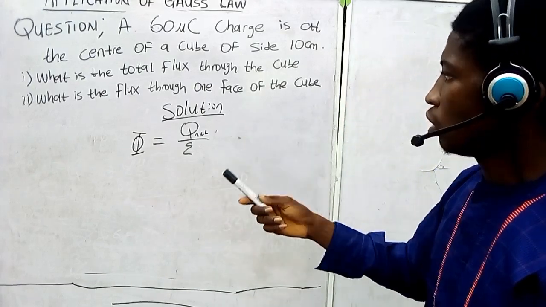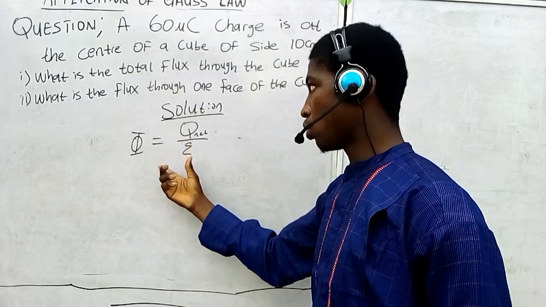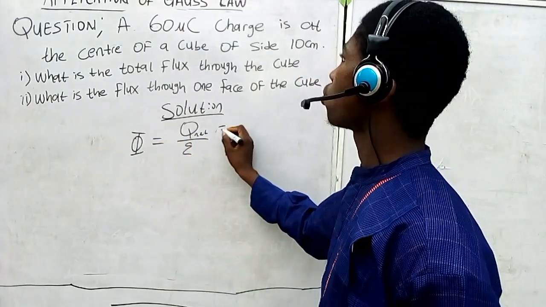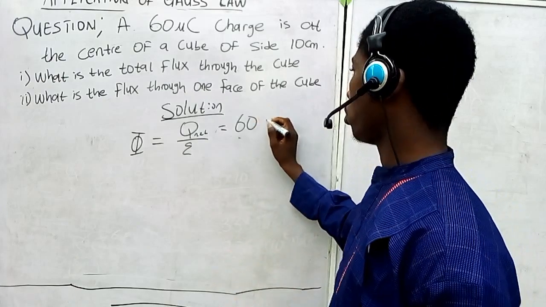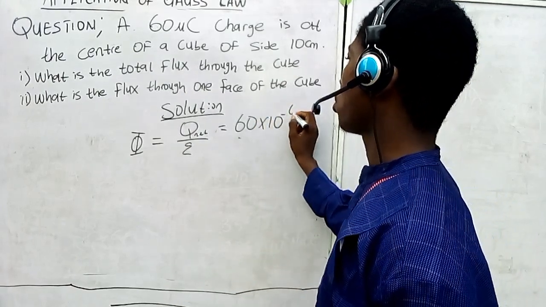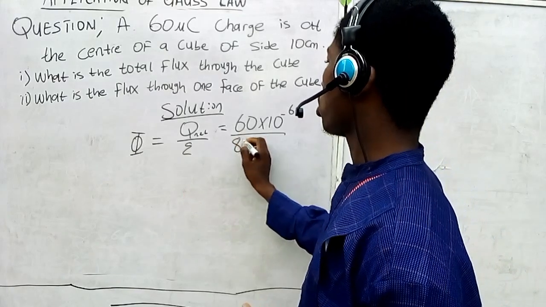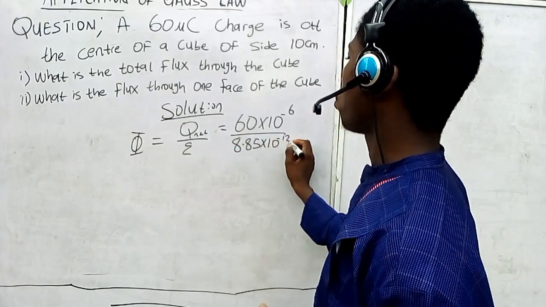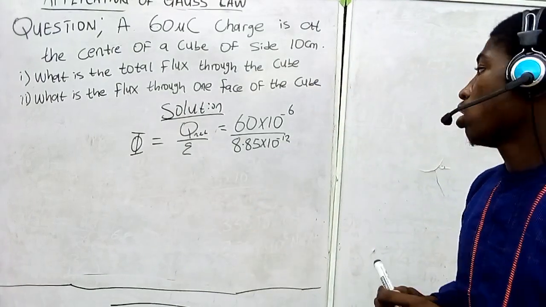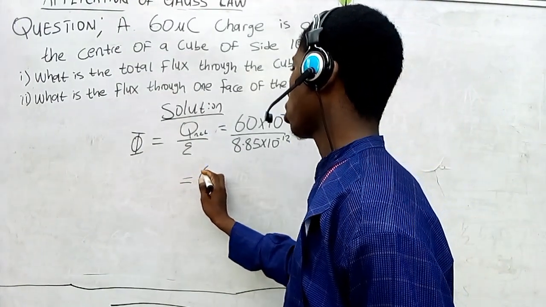So now for the solution, we're using this law of symmetry. So this will give us the charge, 60 microcoulombs, which is 60 times 10 to the power of negative 6, divided by the permittivity of free space, which is 8.85 times 10 to the power of negative 12. And when you do your division, you should get something like